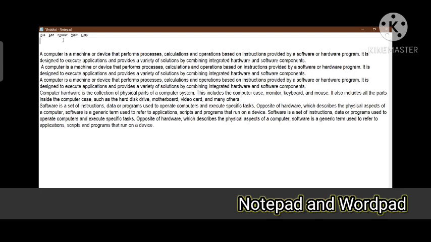Once you go to the Format option and click on the Word Wrap option, everything comes onto the single screen. In Notepad you can also change the font of your story text. Whatever you have written, that is the font. Now if you want, you can change the font of this story text.